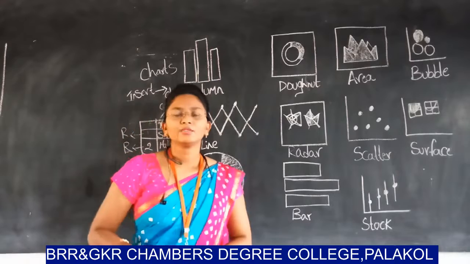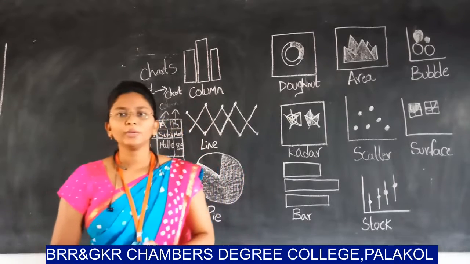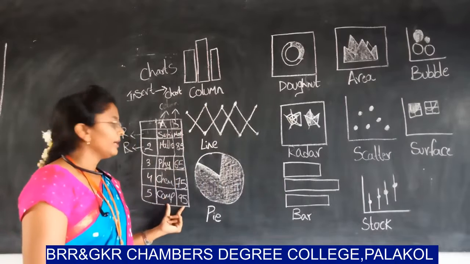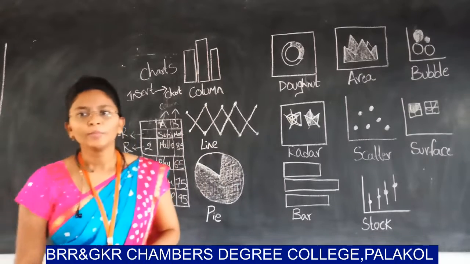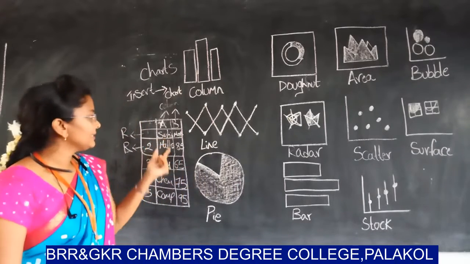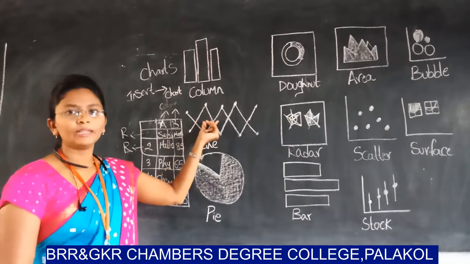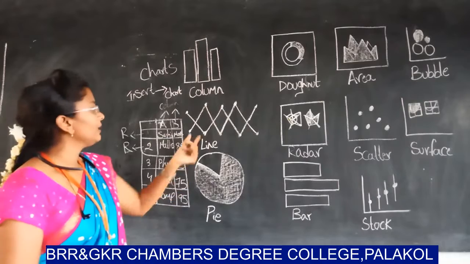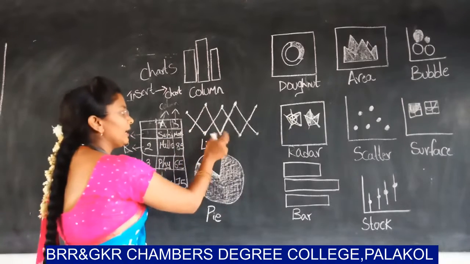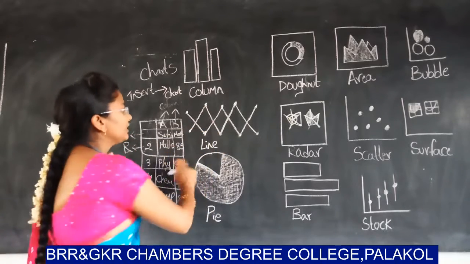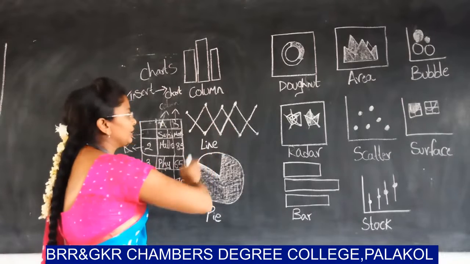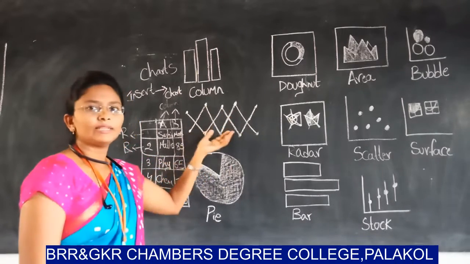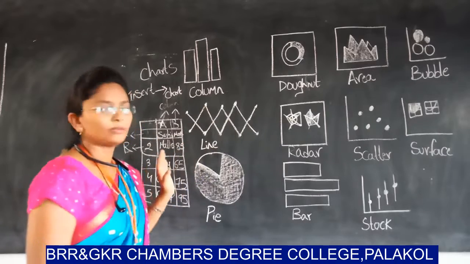And then next one is line chart. Data can be arranged in columns and rows on a worksheet. This is the data arranged in columns and rows. Whatever the plotted line is, it will be represented like a line chart, and it is used for showing trends. That means this is the line chart. This data is turned into this representation. One line will be taken as the subject and another line will be taken as the marks in your sheet.